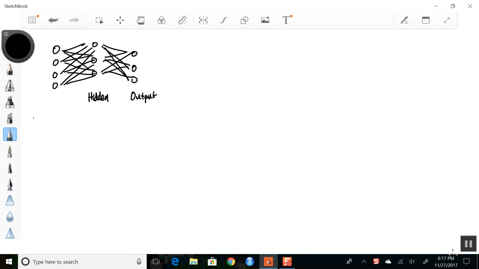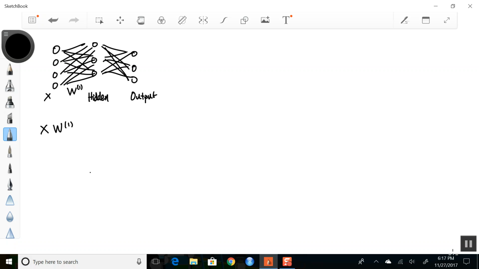We have our W matrix, and then our X goes in, so for the forward propagation, we have X